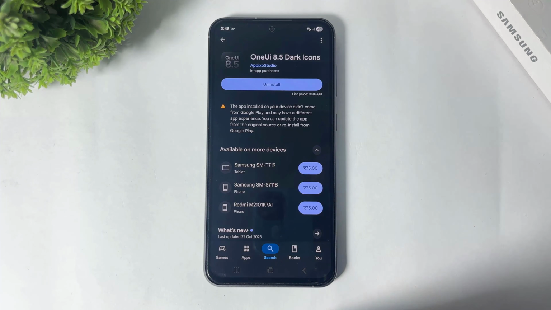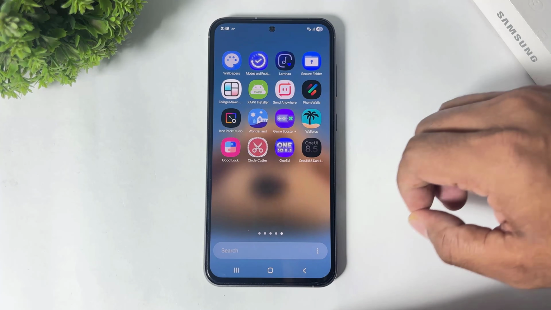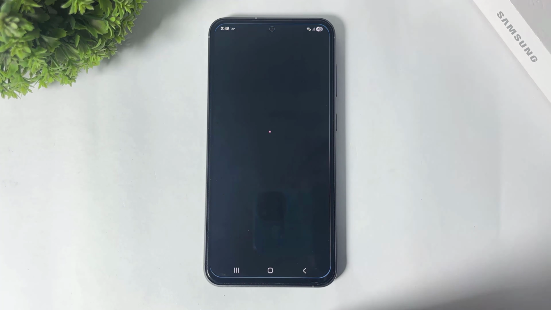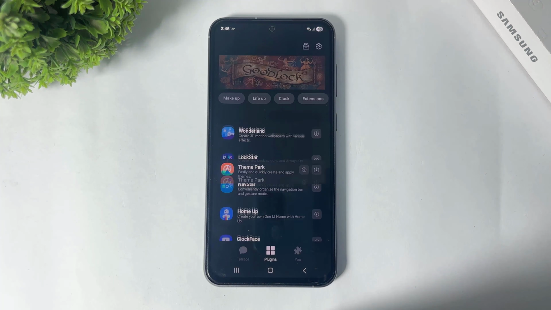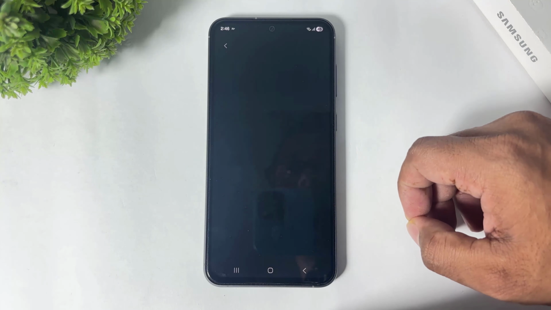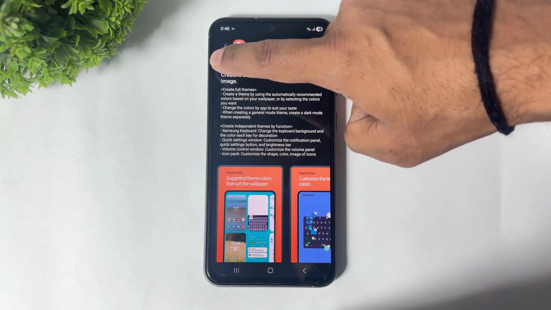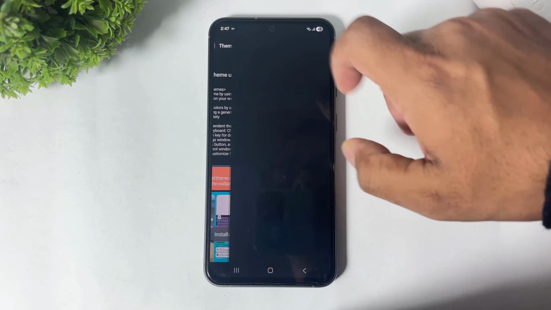So after downloading this icon pack, go to Galaxy Store, download Good Lock and open it. After opening, download Theme Park, and guys, after downloading, open Theme Park,